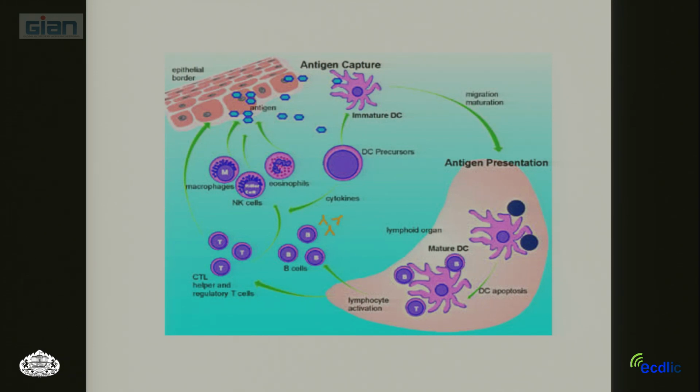You have antigen, which could be anything. That antigen will be picked up by immature dendritic cells, and as it is picking it up and processing, it goes through the process of maturation. While it is traveling, it also gets activated, and then it will go to the secondary lymphoid organ, like your lymph node or spleen, depending on where the infection or injury happens. Over there, these dendritic cells will present their antigen to